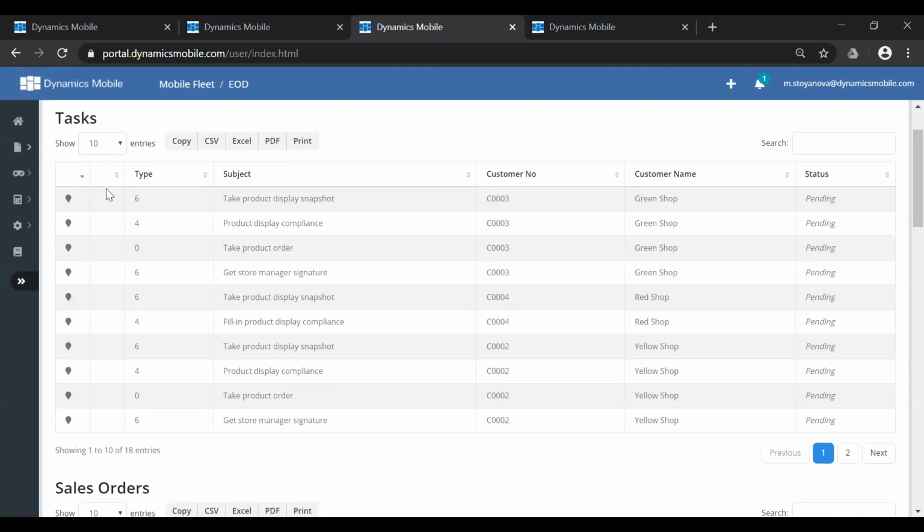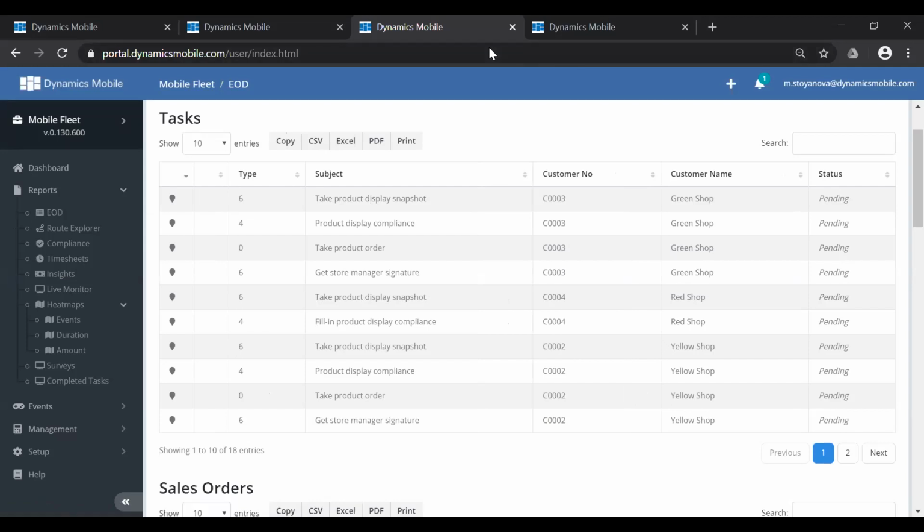If there are any attachments, they will be attached in the second column. Then it will show you the visit type and the subject. What task has this been? The type of the task, I'm sorry, and the description of the task that happened. It's with the pending status. This means that they were not performed. Whenever they are with the status completed, you know that your sales or mobile agents have successfully completed the tasks.